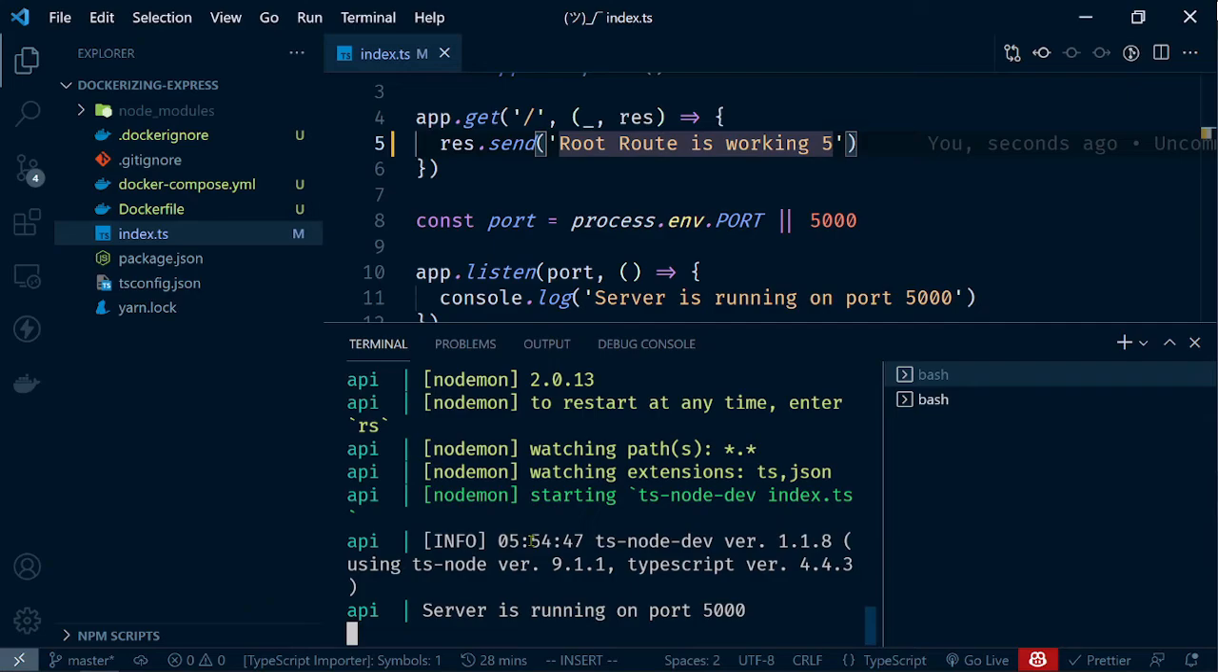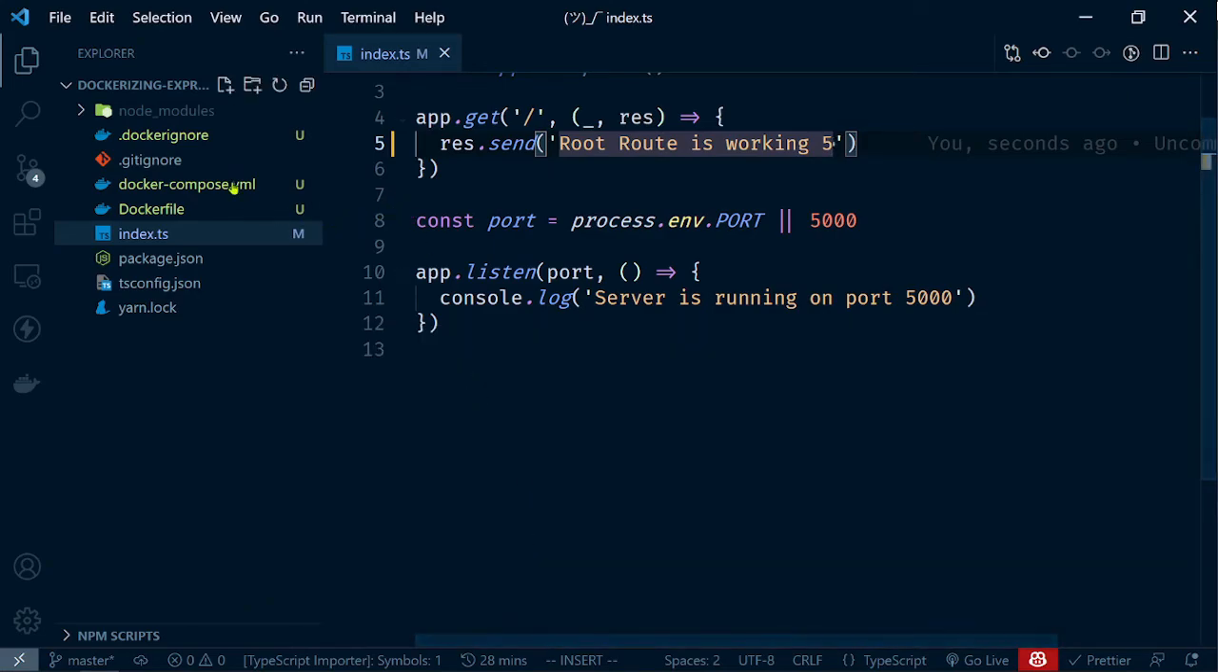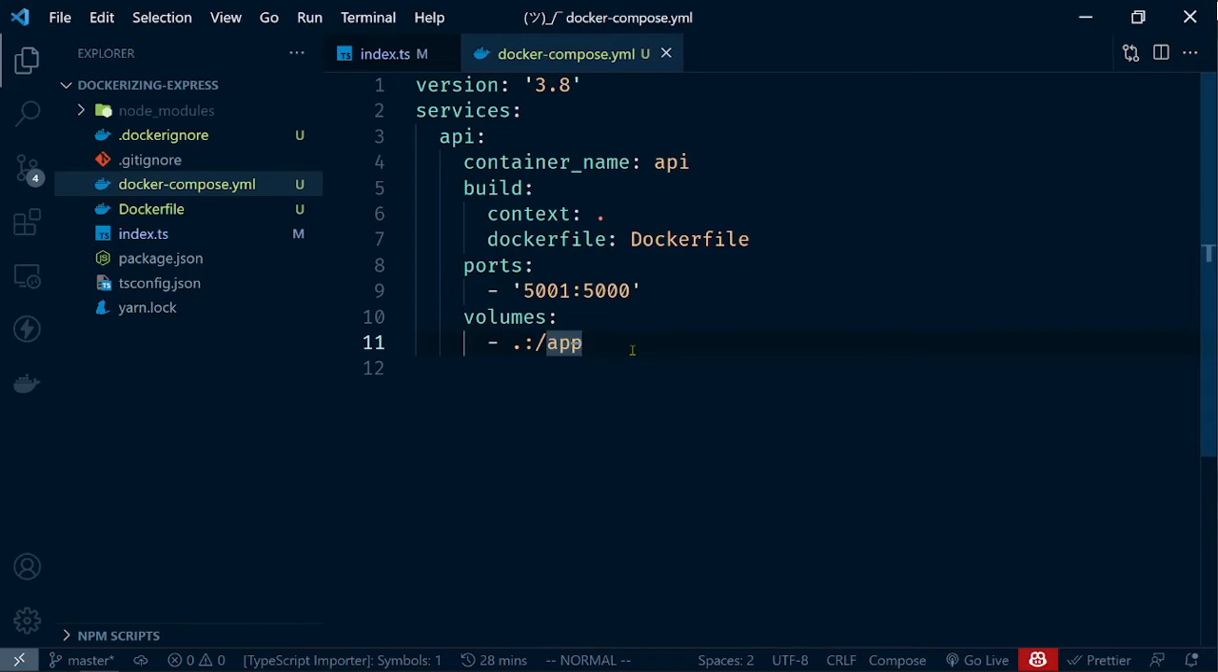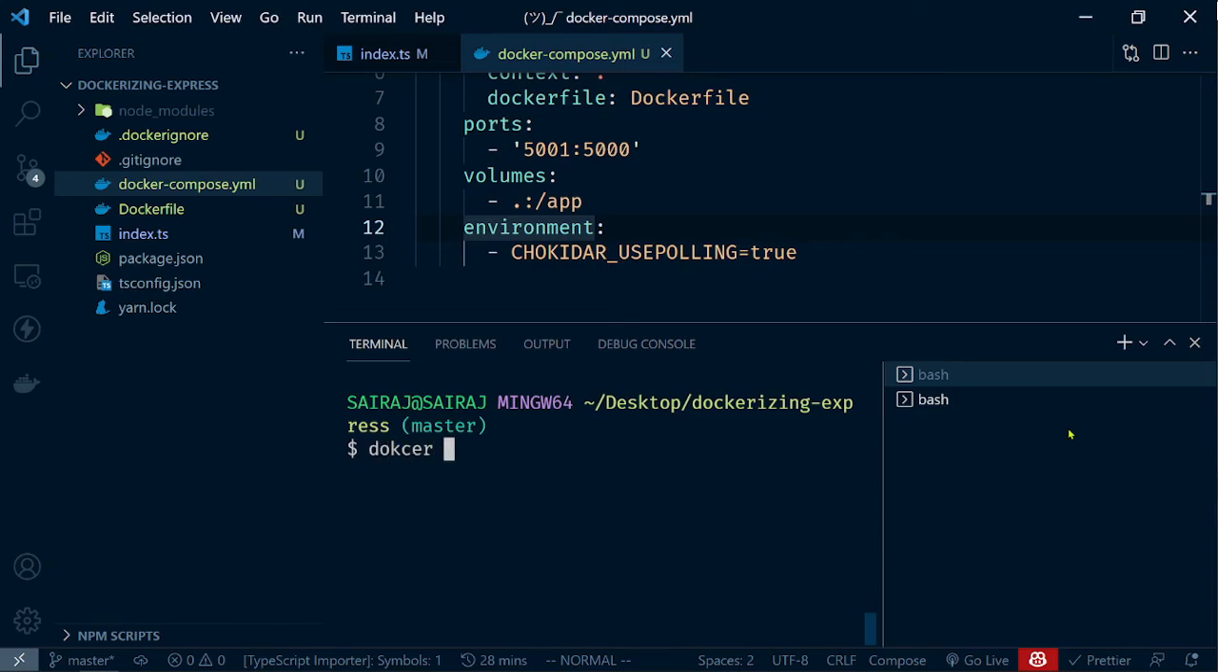There's a fix for this actually. Open the Docker Compose file and we have to pass in an environment variable related to Chokidar. Chokidar is a library that's used by nodemon to check for any file changes, so it requires some environment variables to be passed. So pass this environment variable called CHOKIDAR_USEPOLLING equals true. And now let's run docker compose up,